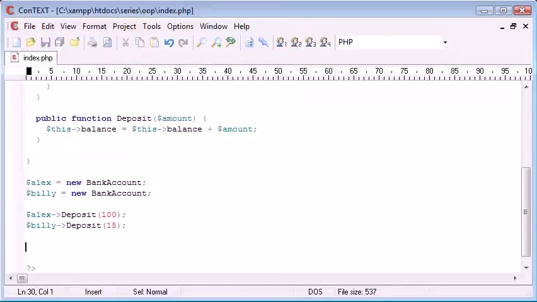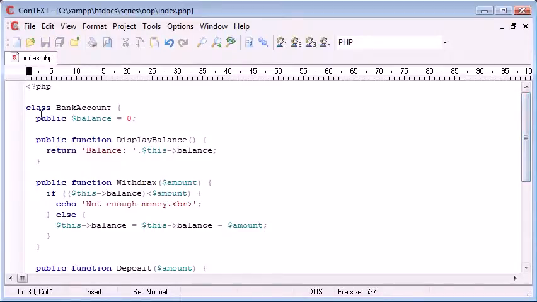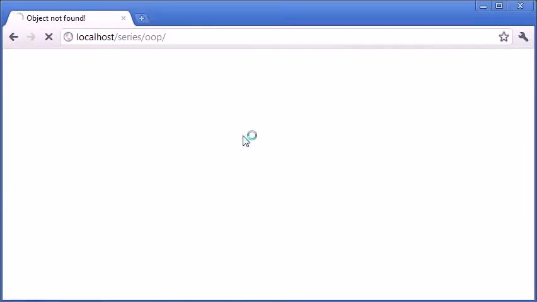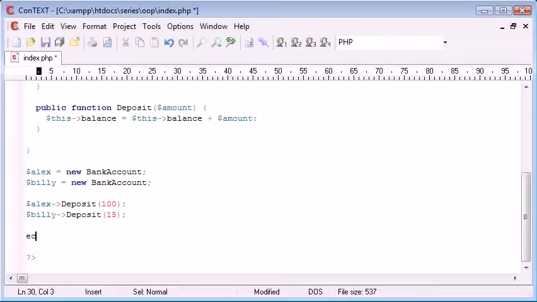Now what we need to establish is whether these two values now change. We've only declared one balance up here, but because we're using two instances of this class, the values can be unique to each user. So hopefully that makes sense. If not, this next stage will demonstrate it. So let's go ahead and refresh and see if everything's okay. Yep, everything seems okay. So let's echo out Alex display